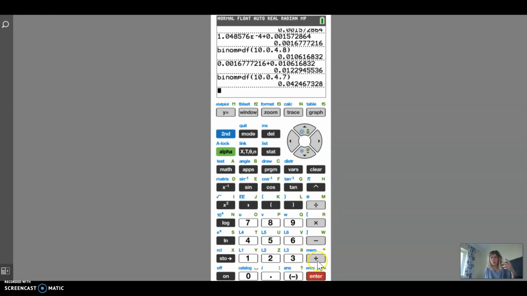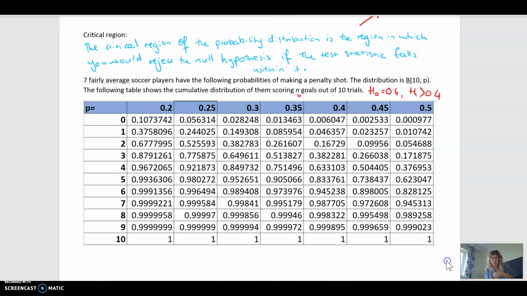Now this one's 0.04. So obviously when we add this one onto the 0.01, now this falls outside our critical region. Okay, so 7 is not part. So if I write this in here, my probability that x is greater than or equal to 7 is bigger than